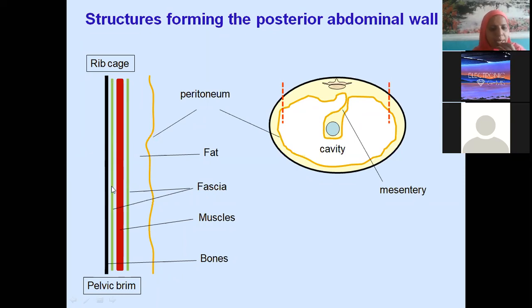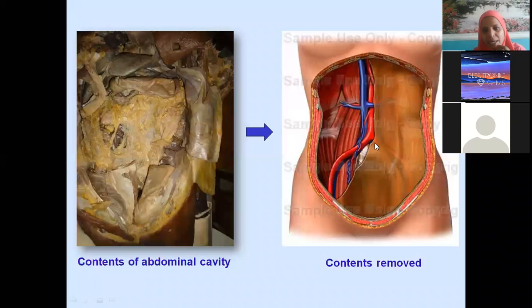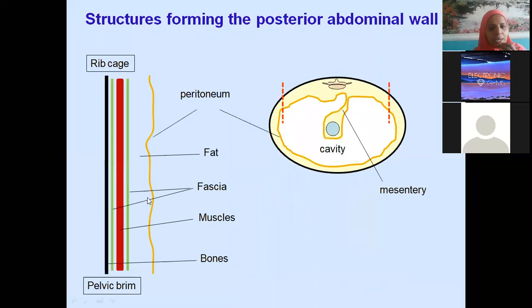Okay, these two green lines are enclosing the muscles. In fact, they form thoracolumbar fascia. Okay, behind which we will have bones, the lumbar and sacral vertebrae. Okay, so this is the layout of contents from anterior aspect to the posterior aspect. So that means this is the anterior aspect. You are removing layer by layer, so from anterior aspect it is going to posterior aspect.